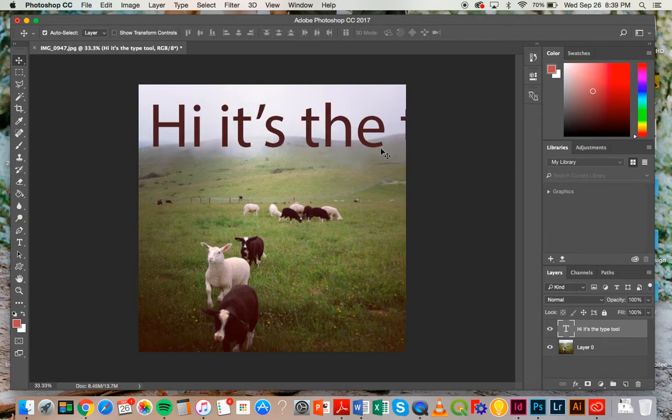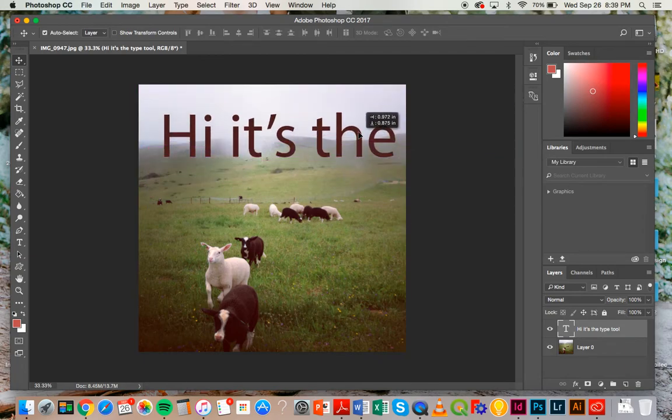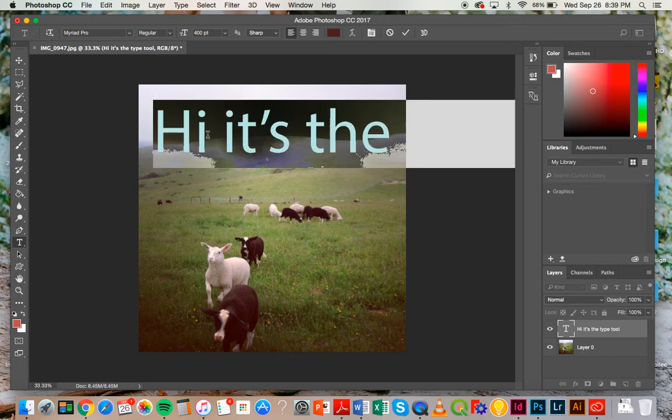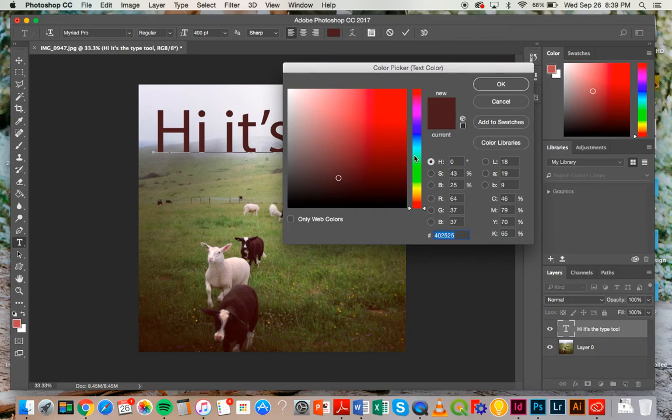As long as I have the right layer selected, when I use my move tool, it's only going to move the text, right? Because I'm in my type layer. Let's say that I wanted to change the color of my text. I'm trying to double click here, but nothing's happening because I'm in my move tool. So if I go back to my type tool and I select everything, you can see here's my fill. I want it to be blue, maybe. Aqua. Yeah,